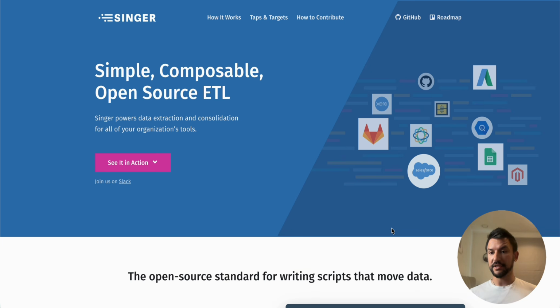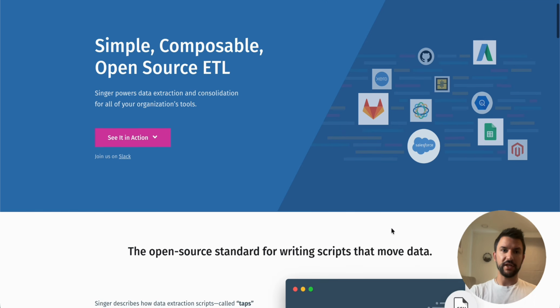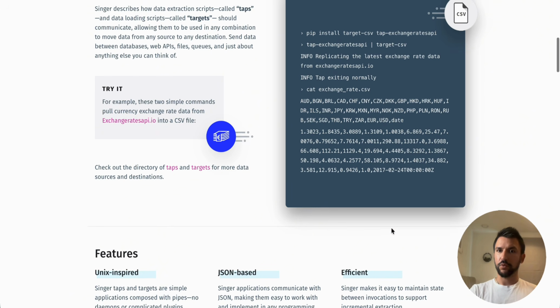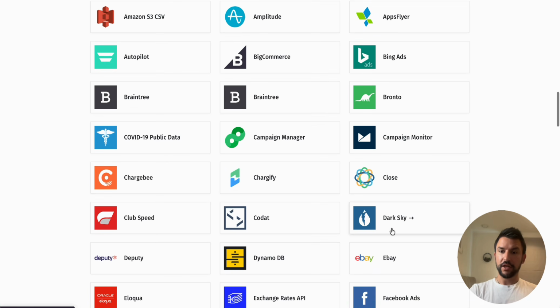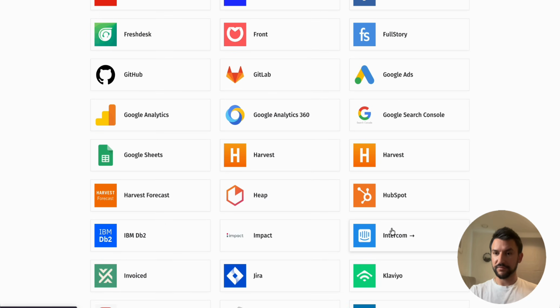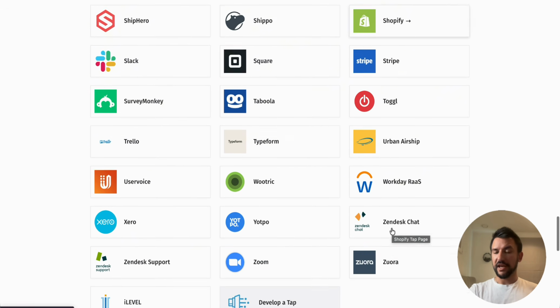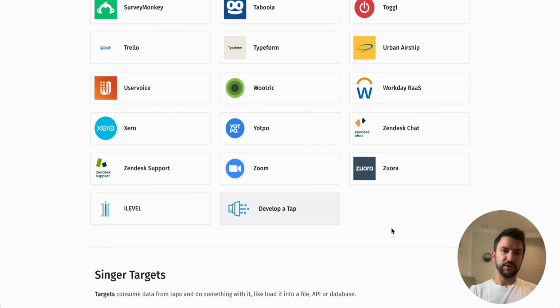But then in terms of extensibility, they're going to push you towards the Singer ecosystem, which may or may not be the best for people who aren't comfortable developing data connectors. It does make it a lot easier, but you still have to understand what's going on, how APIs work, and how whatever you're connecting to works and whatever you're sending it to works. So as much as it gives you a little framework to develop in, it doesn't take away all of the